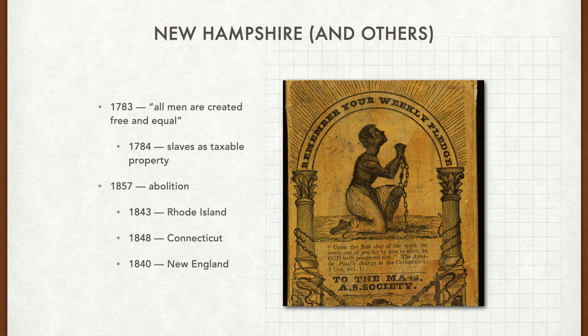So it took some time for these states to officially abolish slavery, right? People think that the northern states either didn't have slaves or they freed them super early in our history, but that's simply not true, right? It took a very long time for a lot of them, right? 1857 is 3 or 4 years before the Civil War. That's quite close, right? When the North was criticizing the South for slavery, many of them still had slaves. So it's very ironic.